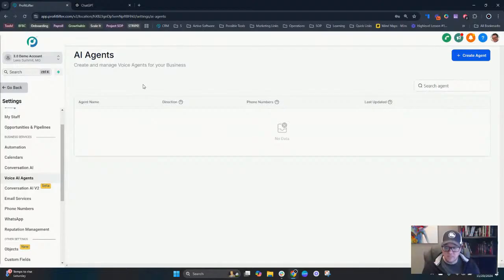Now, before we get too deep into it, I want to talk about what the AI call bot can do and what it can't do, just to make sure that we're all on the same page. This is a new feature, and this is something that is going to be enhanced over time. Definitely going to be building out, but for right now, it does not make outbound calls yet. You'll see as we get in here and start setting it up, you'll see a little button that says outbound calls coming soon. So that is a function that will be coming up shortly, but right out of the gate right now,